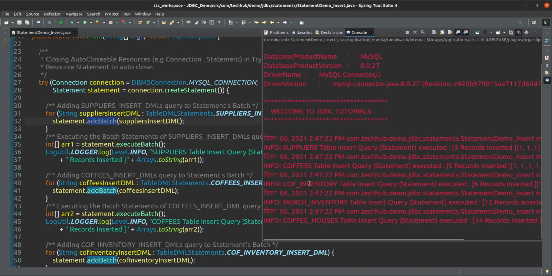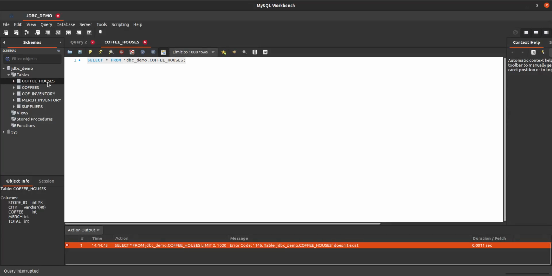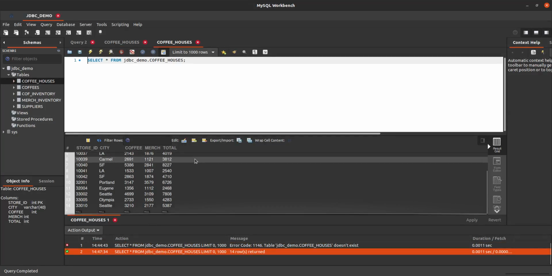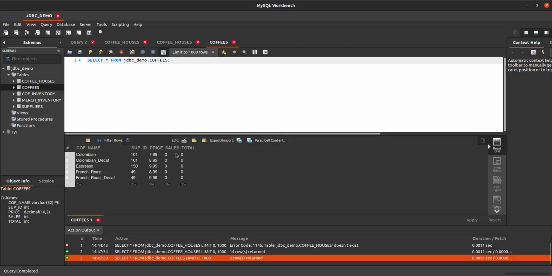Yes, so the data is inserted into all the tables: supplier, coffee inventory, merch inventory, coffee house. And if you right click here and see the records, then it will come. See, tables are there with the data.